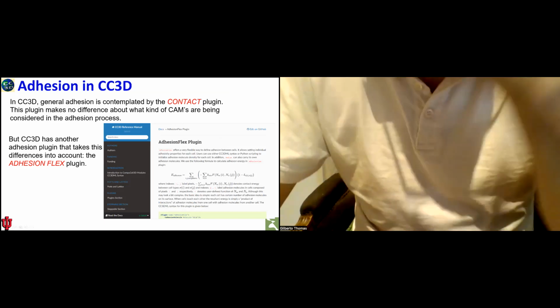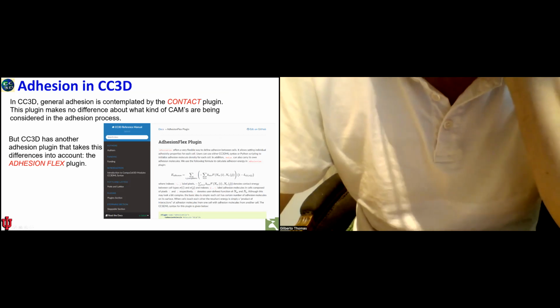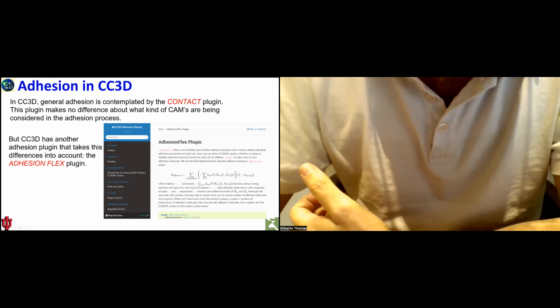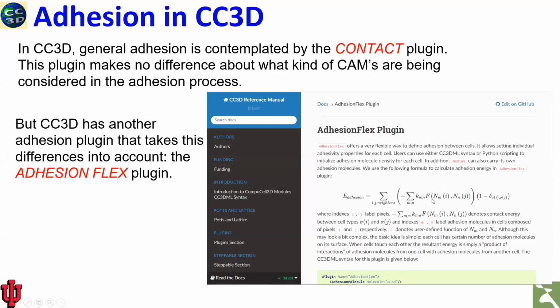Remember, comparing with the Contact plugin, the term in between parentheses here would be the J between two different kinds of cells. Now we are opening the J